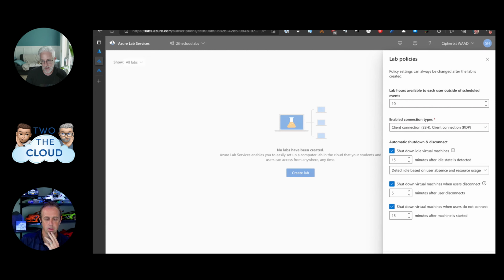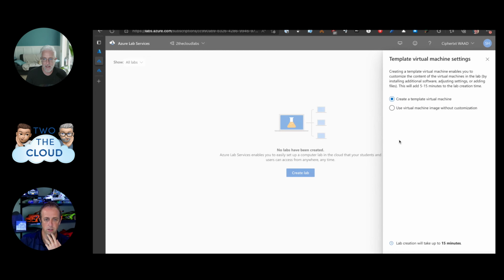You might need some type of flexibility within the lab. And then the last step is, do I want to use this machine without any customization, or do I want to have the opportunity to customize it a little bit? In many cases you'll probably want the ability to customize it, unless you're taking students through an out-of-the-box Windows or Linux experience. If I wanted to show somebody how to install IIS the first time, I might just go with a virtual machine image without any customization. Other than that, I probably want to do just a little bit of tweaking